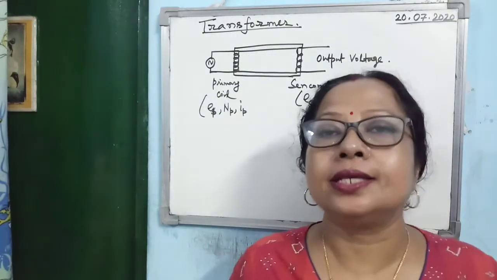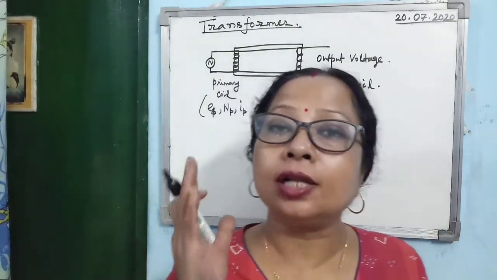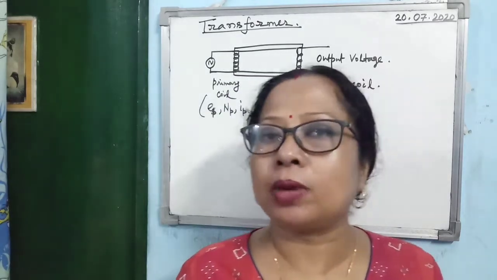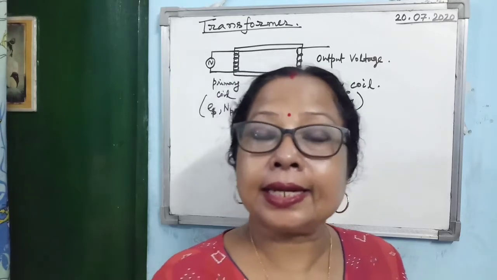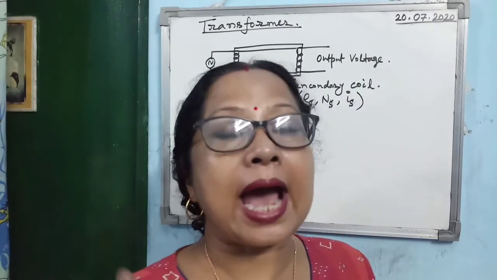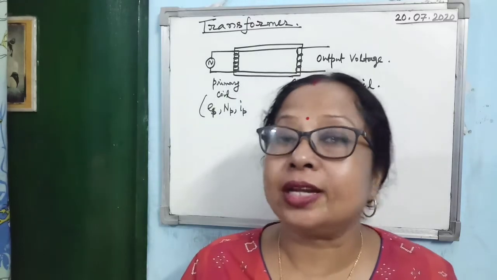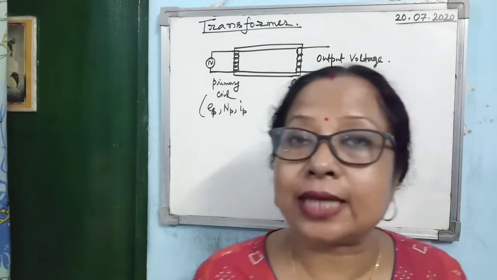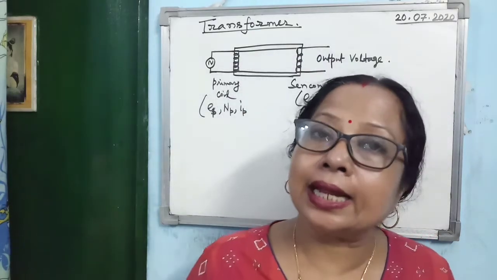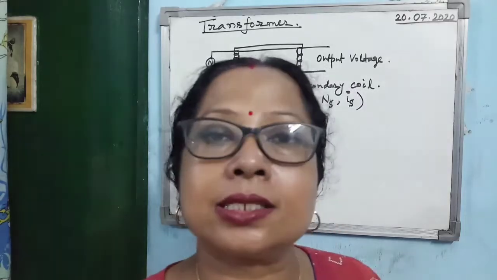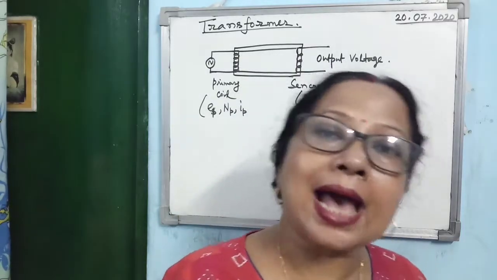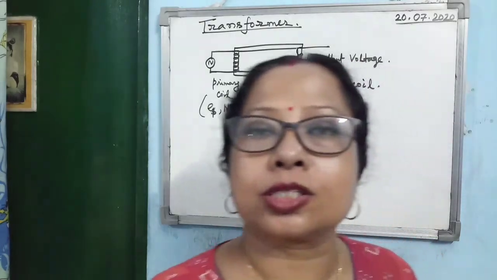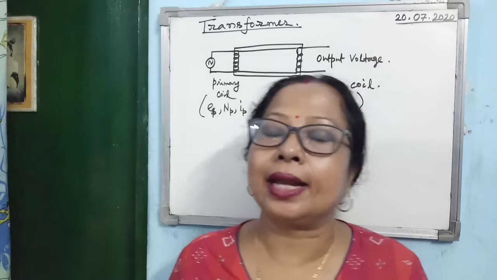You know what a transformer is? Transformer is a device which can change alternating voltage. I repeat, what kind of voltage can a transformer change? Alternating voltage. It can't do anything with the direct one. So it is very important to remember that the transformer is the device which can change. I have used the term change. It means it can either increase or decrease the alternating voltage as well as the alternating current. Transformer also works on the principle of electromagnetic induction.